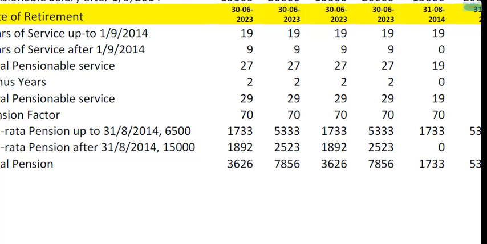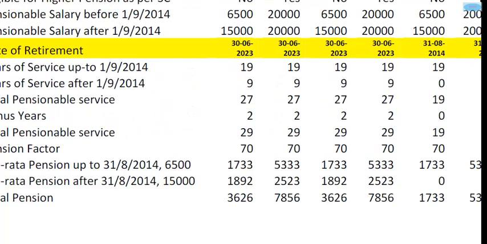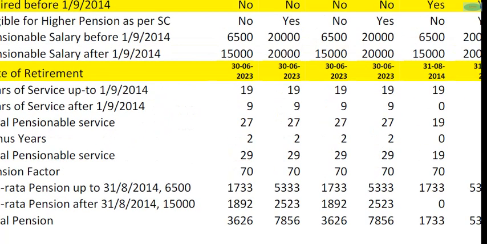each category will differ according to the option they have exercised in compliance with the Hon'ble Supreme Court Judgement. Hope this is clear to all of you. Now you are able to understand how